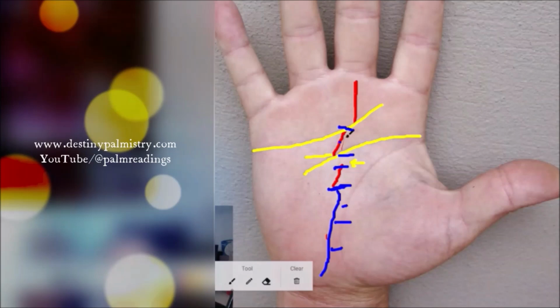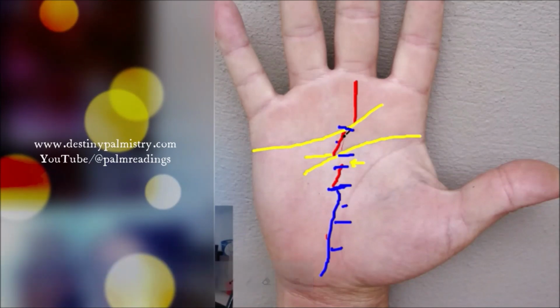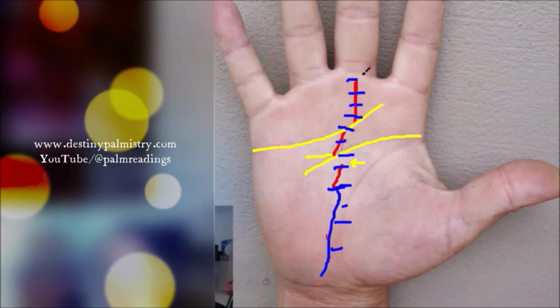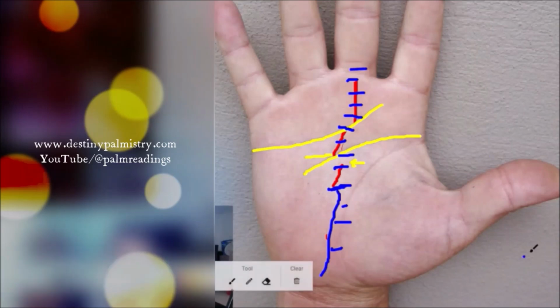About the middle between the heart line and the headline, it's about 42. And then it jumps to 49, 50, then 55, 60, 65, 70, 75. So that's very rough, but I do have a much clearer guide on my website,